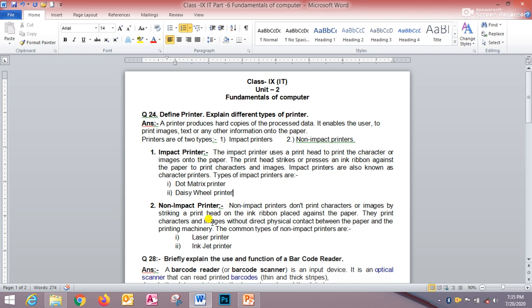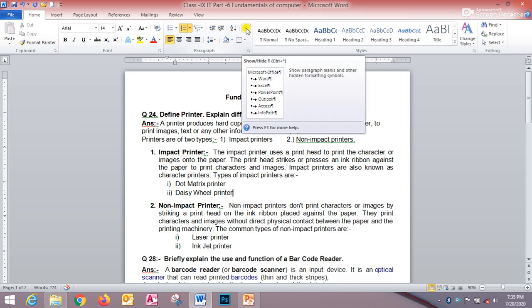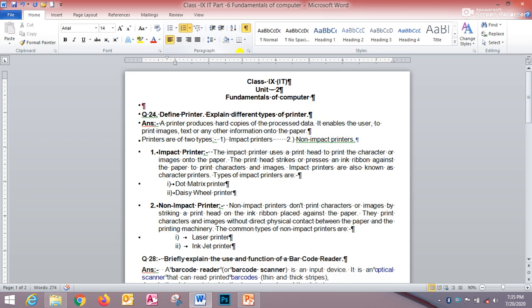By default, non-printing characters are not visible on the computer screen. So to show or hide the non-printing characters, follow the steps. First of all, click onto the Home tab. This is the Home tab, and then click on the Show Hide button in the paragraph group. This is the paragraph group. Click on the Show Hide button. This is the Show Hide button. Click onto that button. After clicking this button, the non-printing characters will be displayed or visible in your document, such